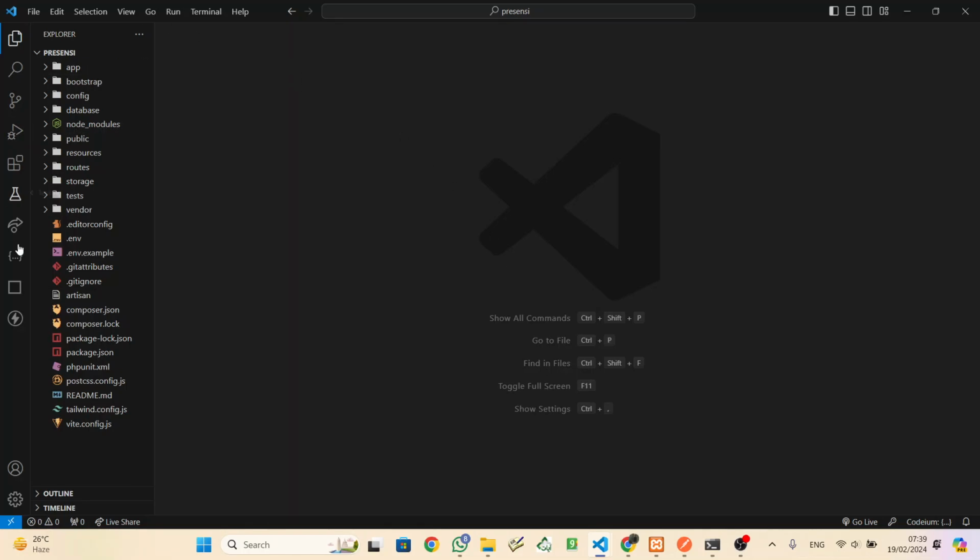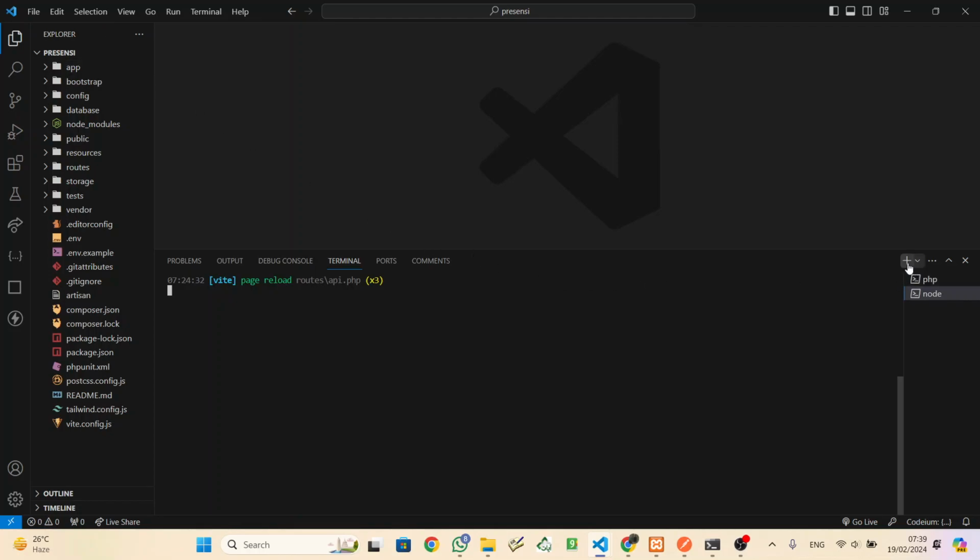First, make your Laravel app, then open the terminal and paste that code here.